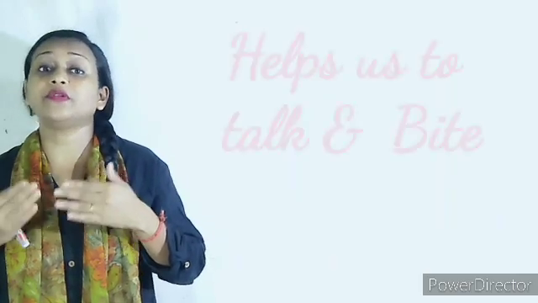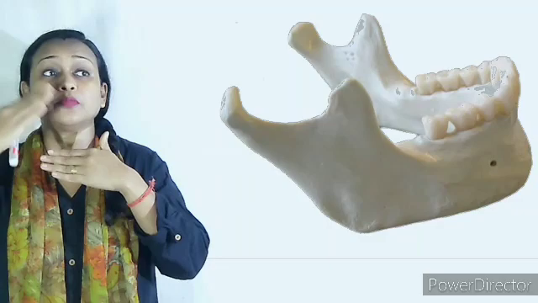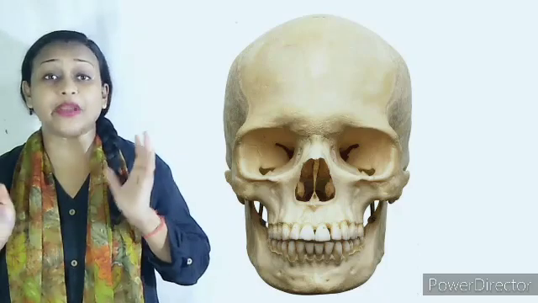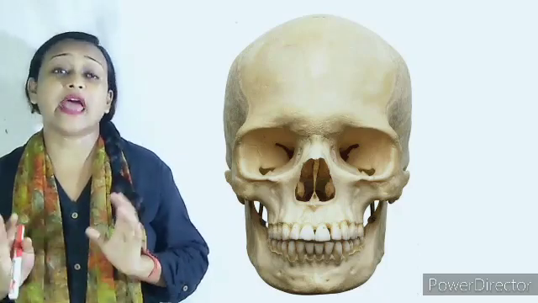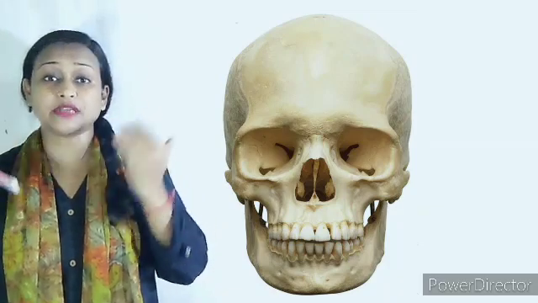And why is it a movable joint? If it was not a movable joint, what would happen? We would not be able to talk. Since the lower jaw is a movable joint, it enables the jaw to move up and down, and so we can talk. Last class I told you that one of the functions of the human skeleton is that it protects the internal organs of the body. Coming back to the skull, the skull protects the brain, eyes, tongue and ears.